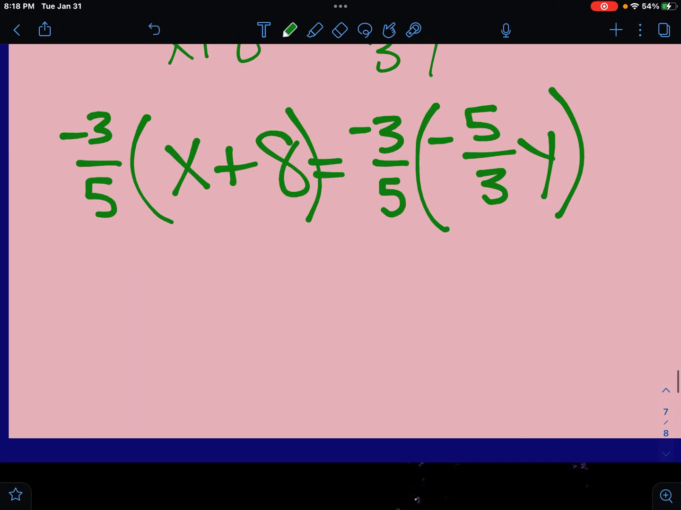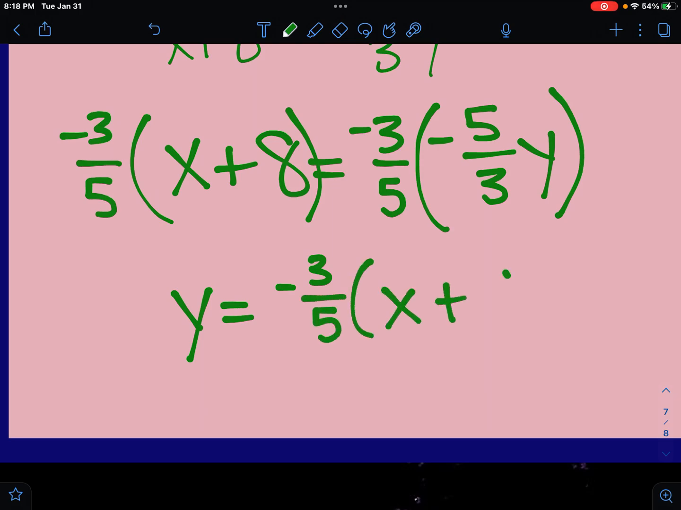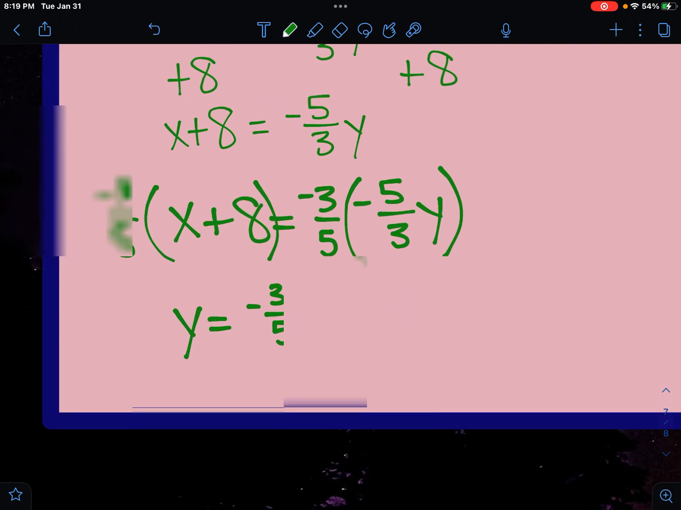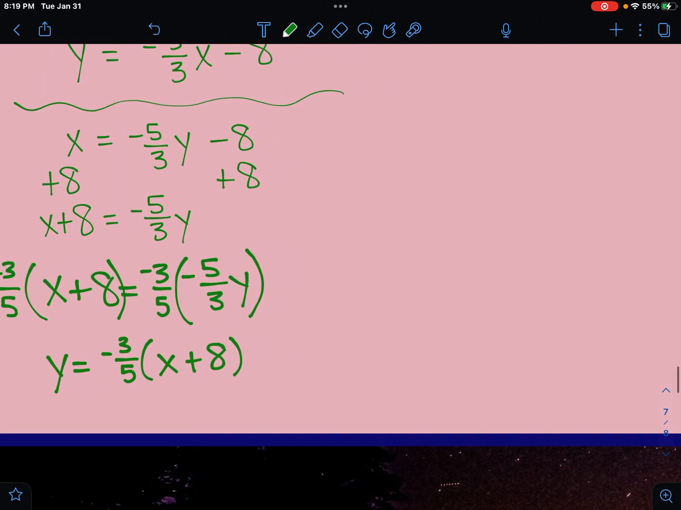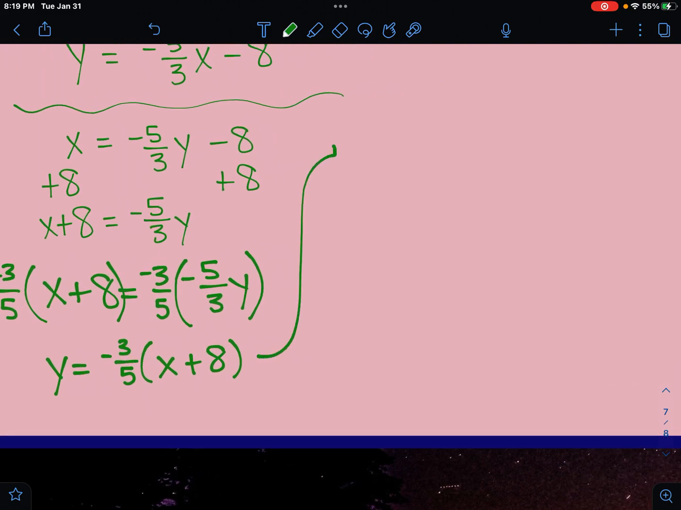Okay. So now we're going to have y equals negative 3 over 5 times x plus 8. Okay, that might be the answer. But you might be looking at multiple choice answers, and none of them look just like that. So remember,